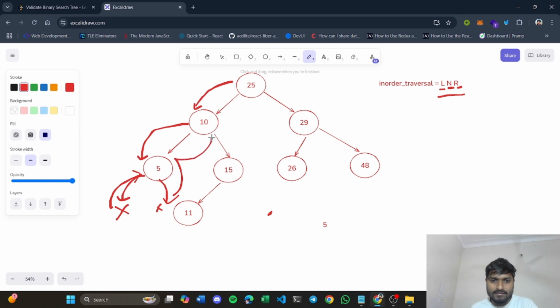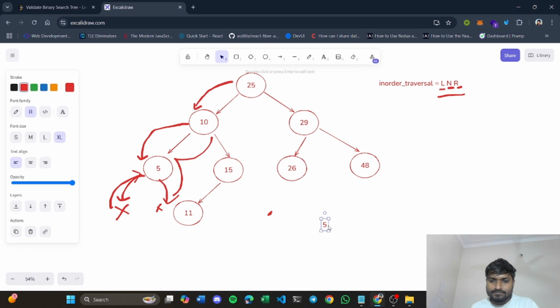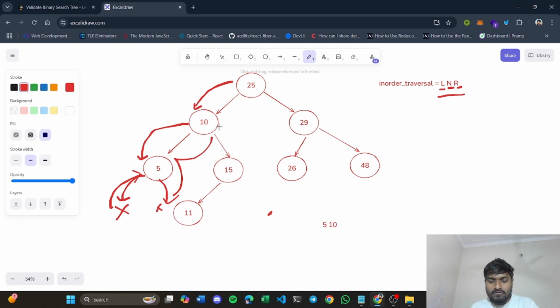Now you will go back to 10. When you go back to 10, you had already traversed its left, right? Now you come to N for this 10, so we will print it out. We print 10 here. Now we completed N for 10. Now you will go to the right of 10. When we come to a new node, we again go to its left. Again we encounter a new node, we again go to its left, right? So we encountered null, and we returned from here. So for node 11, we come to N, so we will have to print it out.